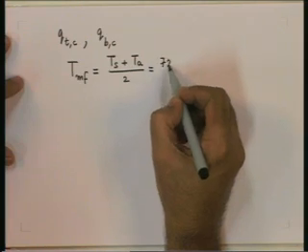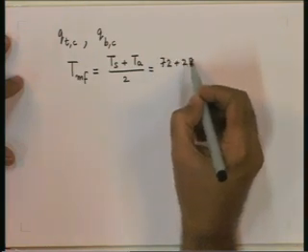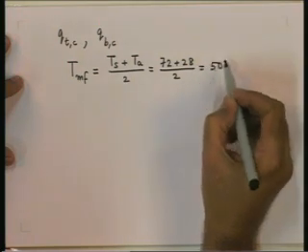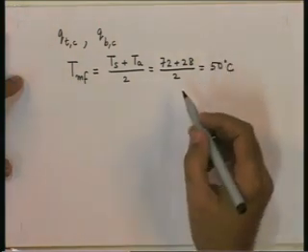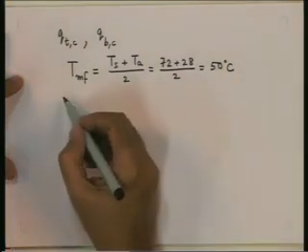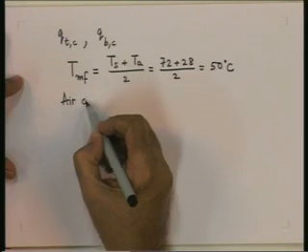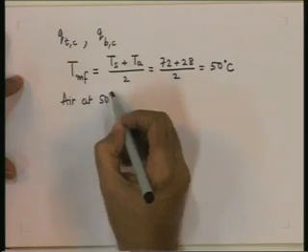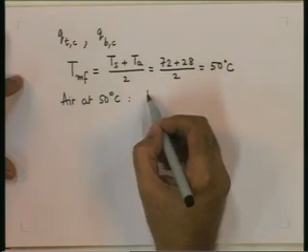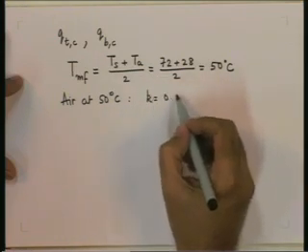Surface temperature is 72 plus 28 divided by 2, which is 50 degrees Celsius. If you read off properties of air at 50 degrees Celsius, you will get conductivity of